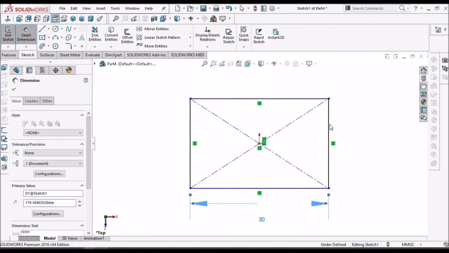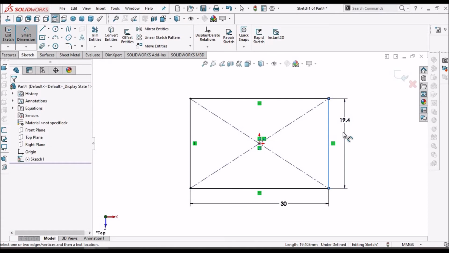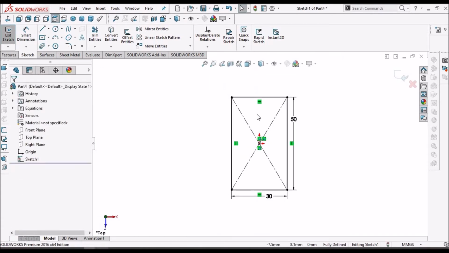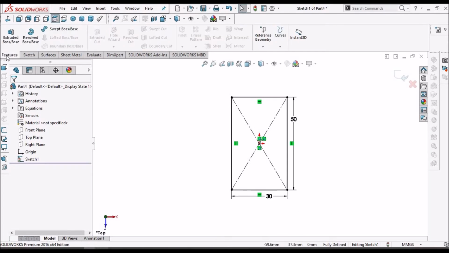So this is 30 and this is 50. So now extrude.